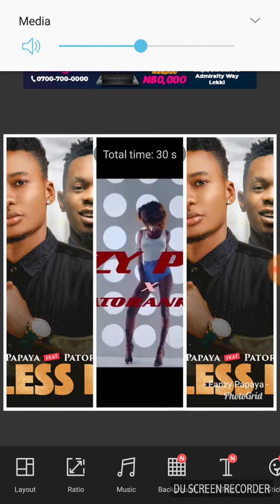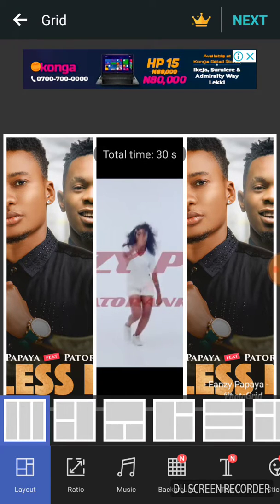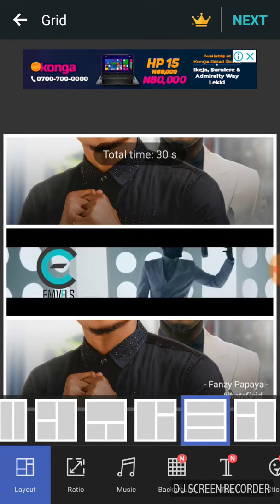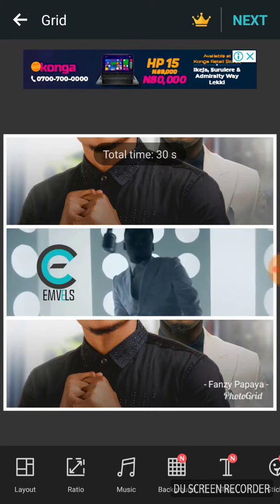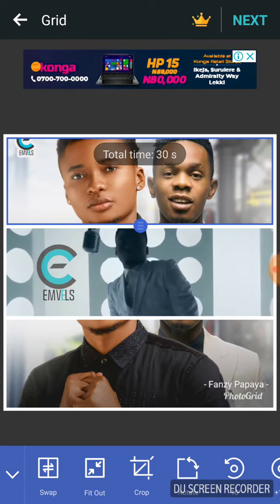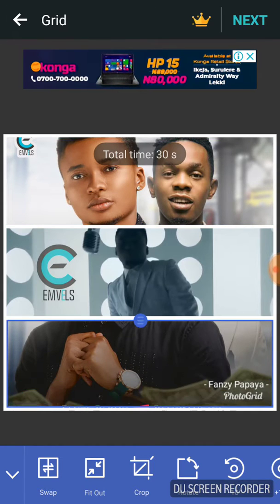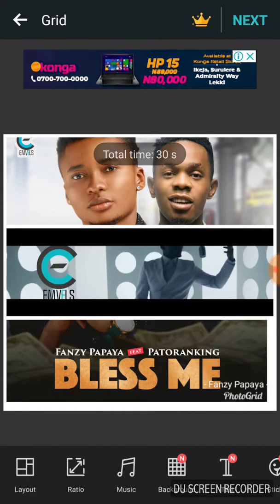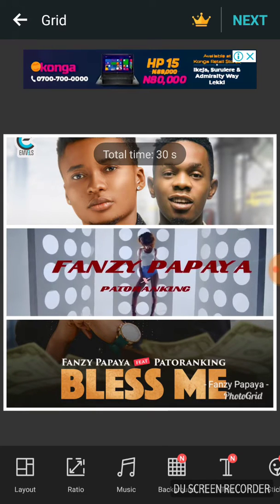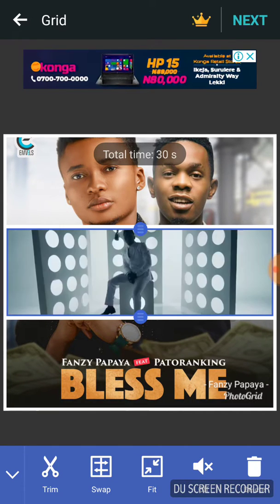So you're going to click on layout, and then you choose this one here, and it gives you something similar to what you want to see. Click on the first picture, and then just drag down to make sure the face is showing. Click on the second picture, and make sure you drag up, depending on how the artwork for the song is. Then the video, you can also